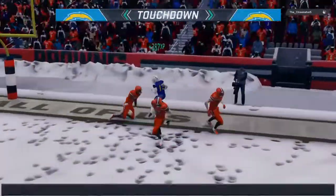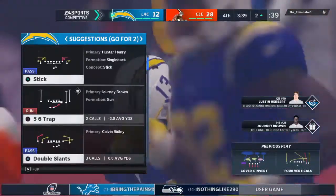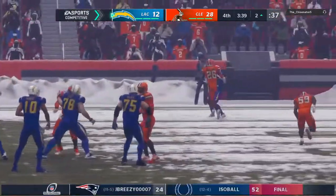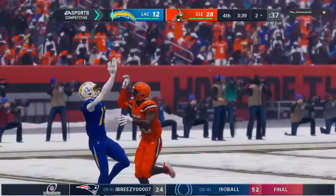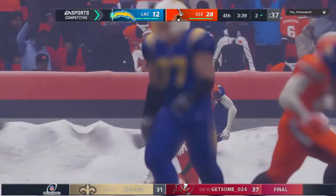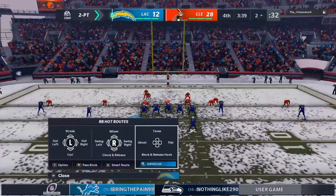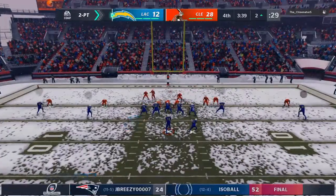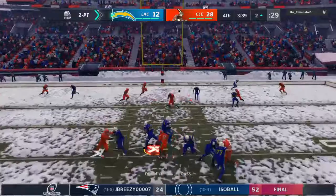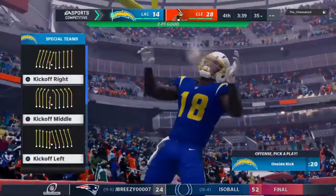And this will be caught in the end zone for a Chargers touchdown. Richie James there to make the grab. And the Chargers are able to close the gap just a bit. So once again, the Charger offense is going to line up to go for two here. Again, Herbert. And they're going to get the two-point conversion, caught in the end zone,